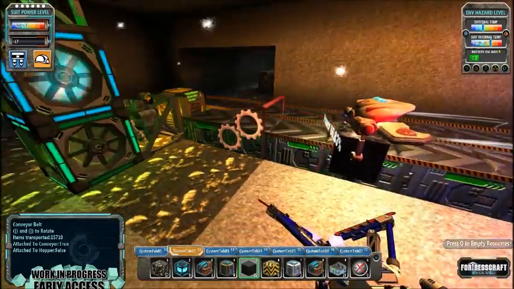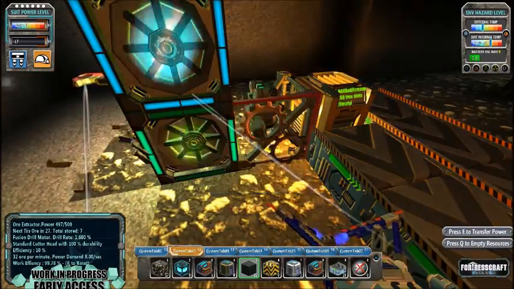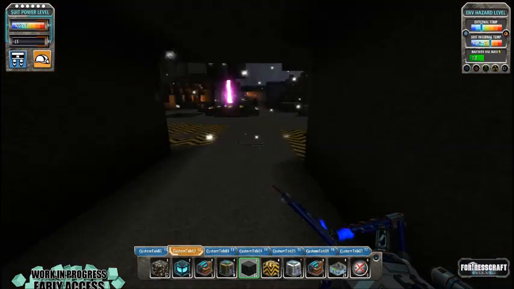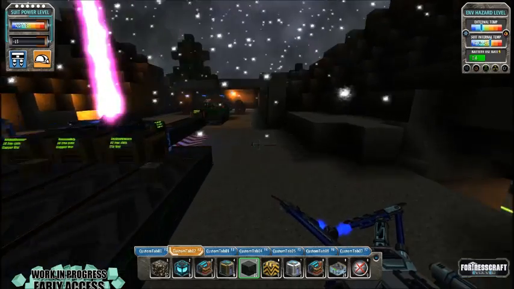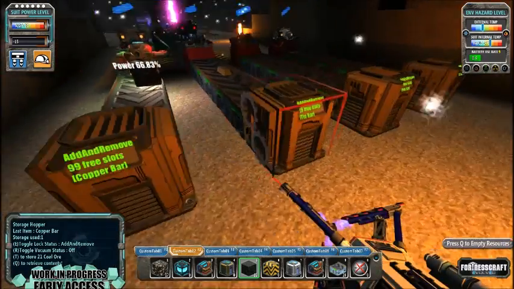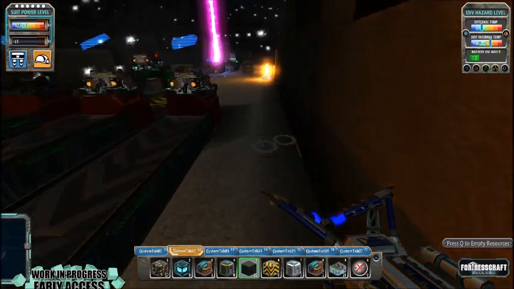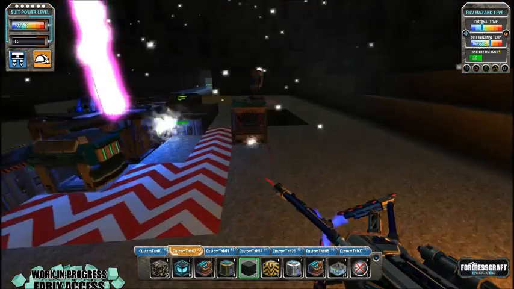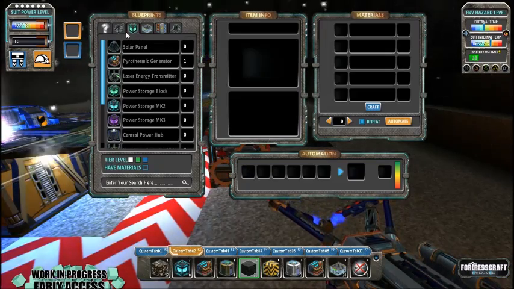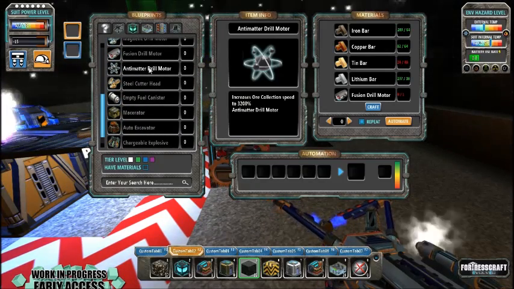So what if we push this fusion up to an antimatter. Do we have enough for an antimatter? Oh, because that will be one really nice bit if we've got enough to do this episode to get an antimatter, our first antimatter drill head, with the power to keep it going. Antimatter drill. No, we need another